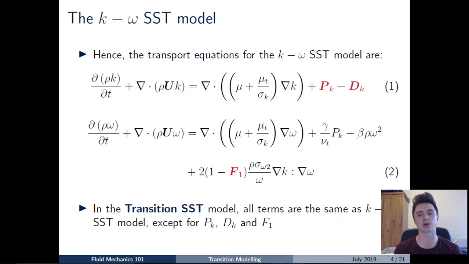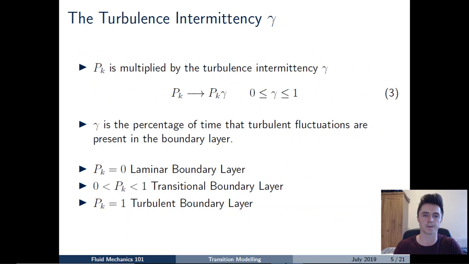So in the kinetic energy equation, that's the production and dissipation terms, P and D, and in the specific dissipation rate equation, that's the blending function F1, where the blending function controls whether the K-omega SST model is using the specific dissipation rate equation omega or the dissipation rate equation epsilon. And so how are these terms different in the Transition SST model? Well, starting with the production term, the production of turbulent kinetic energy is multiplied by a